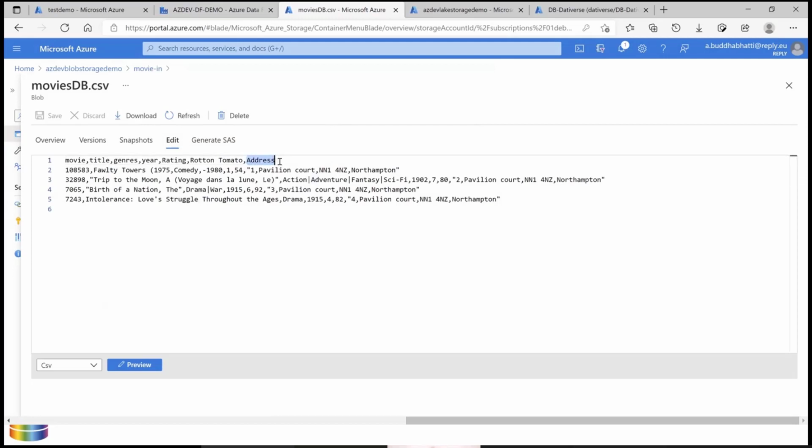So for example, my address has comma separated values here, 3 to 4 comma separated values. So I need to split them into separate columns: address 1, address 2, address 3 and address 4. So that is my one transformation. Another transformation is filtering the data. I don't need all movies, because in my original file I have millions of records. So I don't want to store all the data. So I am filtering them based on a year, like which movies were created in a particular year. And so I'm applying that filter as well.